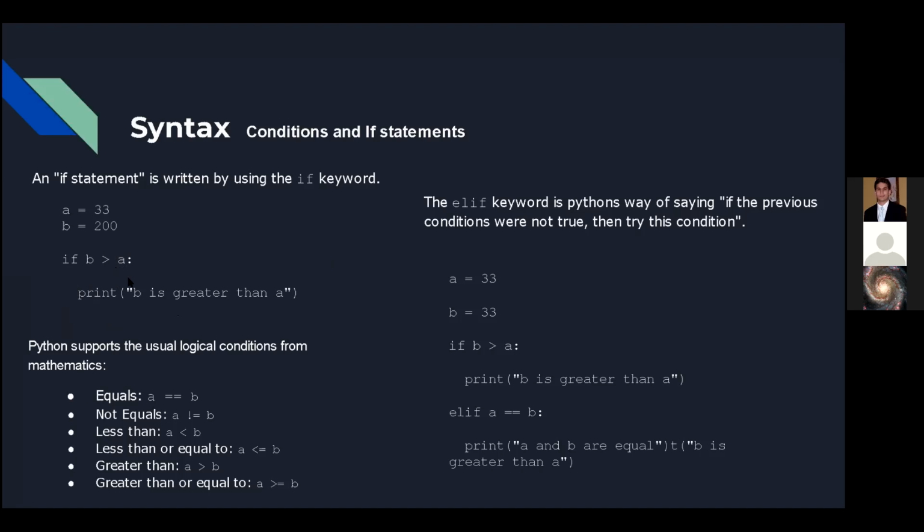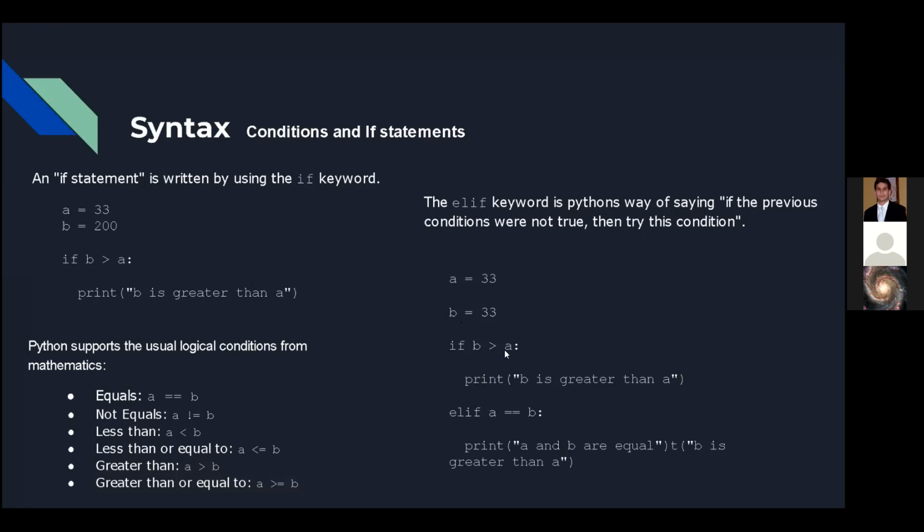So you have the if statement, and then you have the else if statement, right? With the if statement, like I said, you have different ways to verify conditions, and this will return either true or false. And you can have different sets of instructions for the same scenario, right?